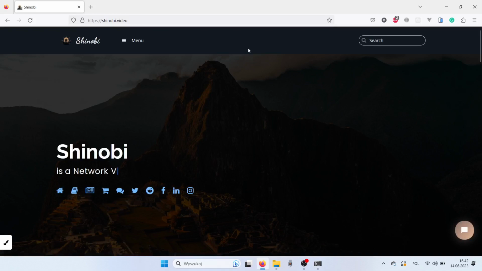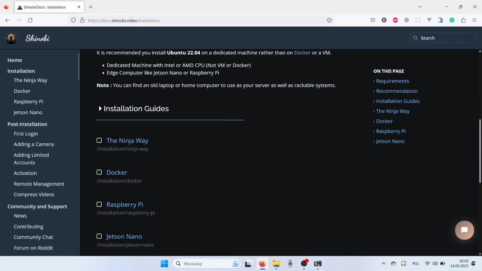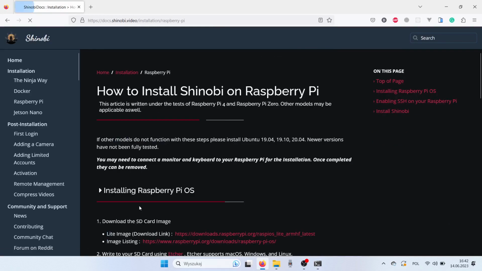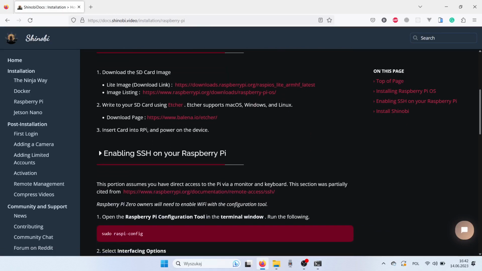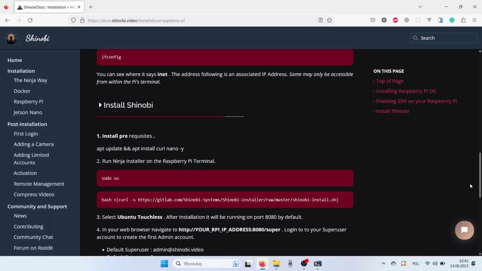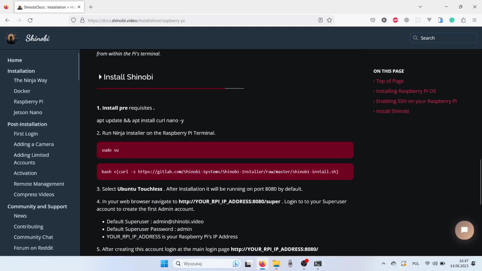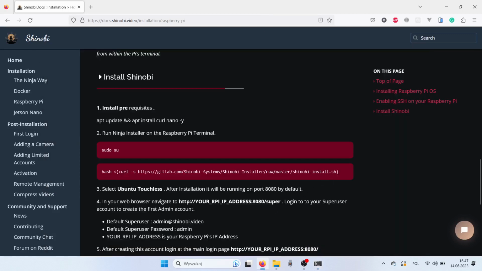Let's go to the Shinobi main page, shinobi.video, and here in the manual, in the installation guides, let's click on the Raspberry Pi guide, and we can find a lot of interesting information here. Most of it is just about installing Raspbian and setting up the Raspberry Pi, things I assume you have already done, but the point we're really interested in is under Install Shinobi. Here we first have to change our Raspberry Pi user to root using the sudo su command, and next copy that long command that will download and install